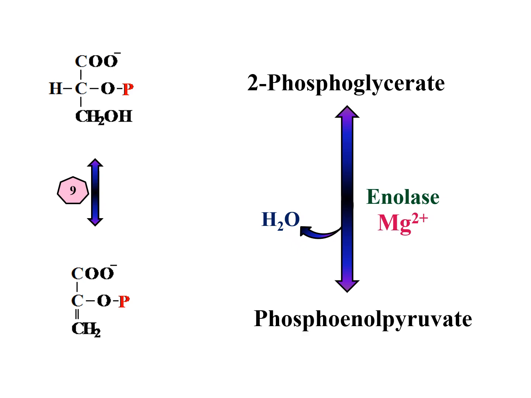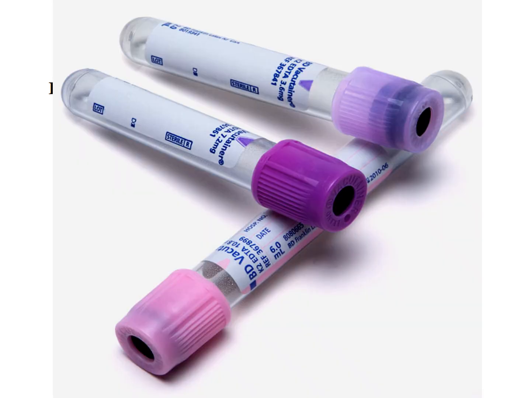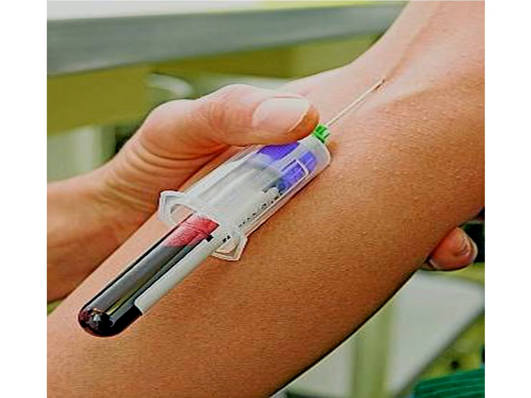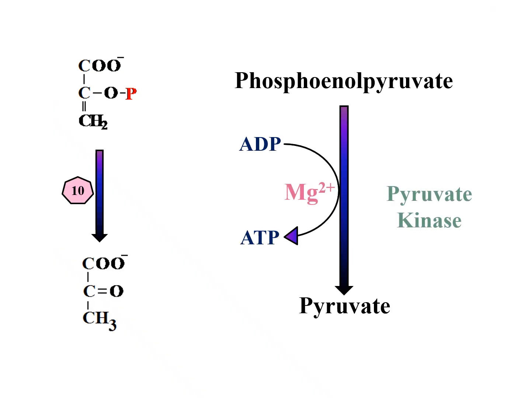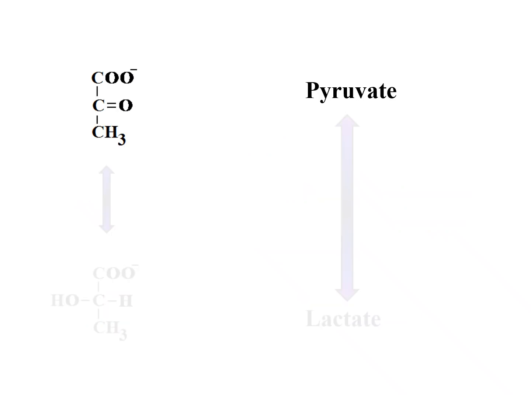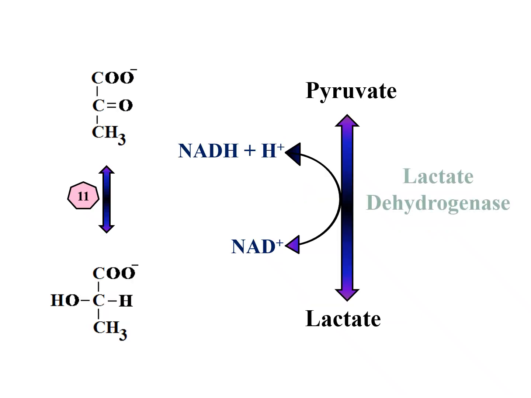In aerobic condition, pyruvate will be formed. When there is lack of oxygen, when a person is climbing up the hill or during starvation, if it is prolonged, pyruvate is converted to lactate. If lactate is produced for a longer period of time, it may cause lactic acidosis. Here the enzyme is lactate dehydrogenase. Thus the reaction is over.